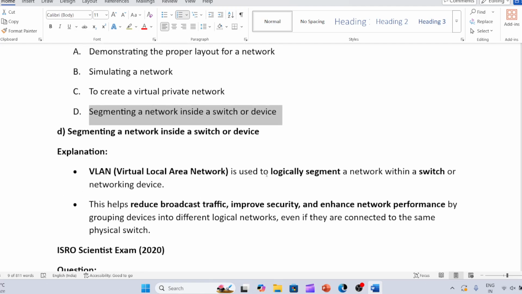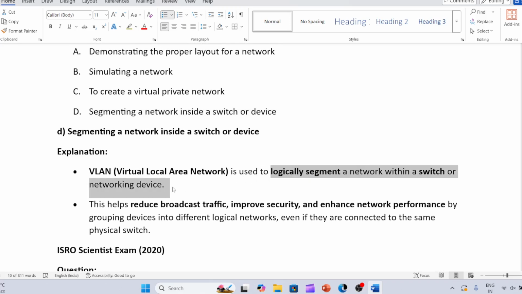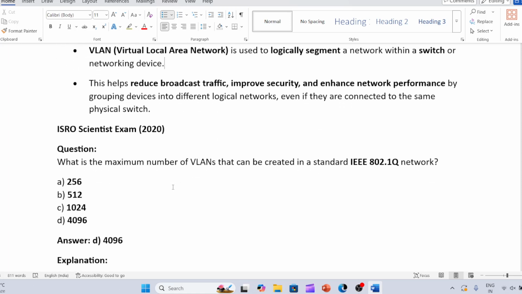तो VLAN is used to logically segment a network within a switch or network, create logical segmentation, and it also helps to reduce the broadcast traffic, it also gives the security and enhances the network performance।